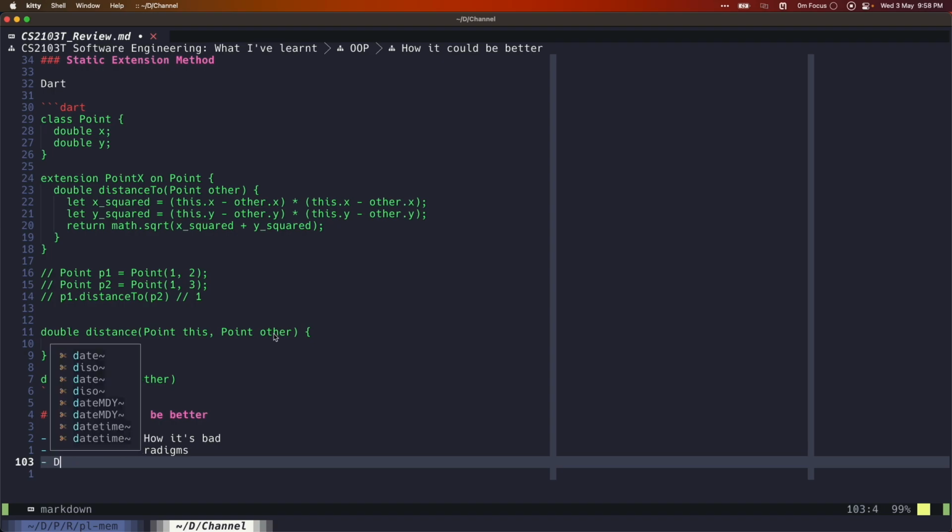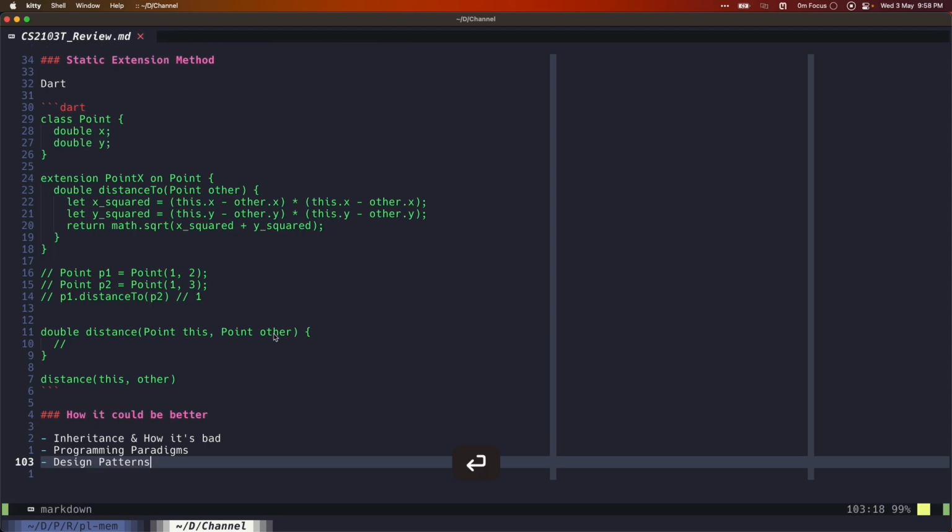One sec. Design patterns. Granted, some design patterns were briefly talked about in the class, basically singleton, command, and facade. But I feel like there are many more design patterns and good code practices that could be covered in this class. And this is much more important than the programming paradigms.